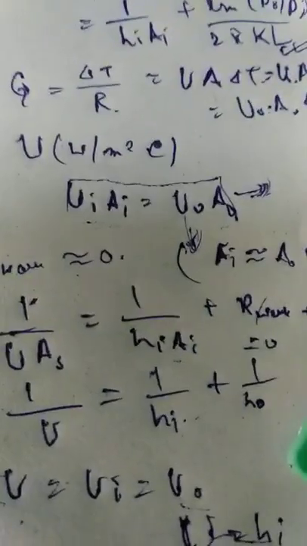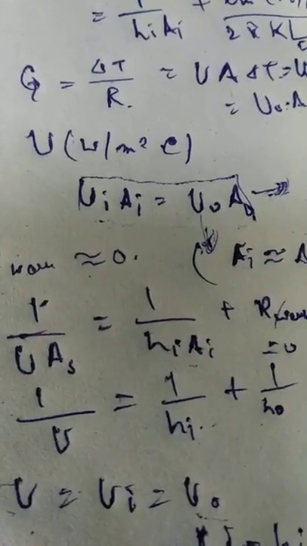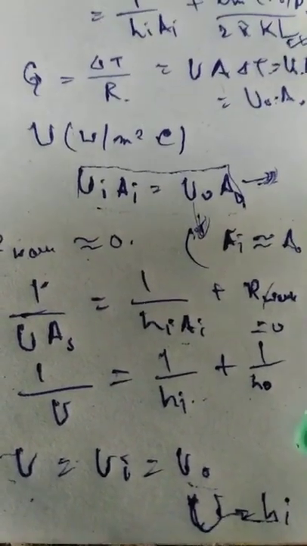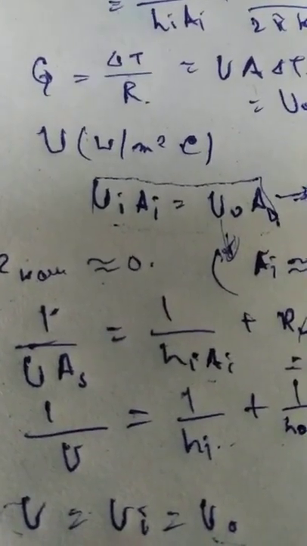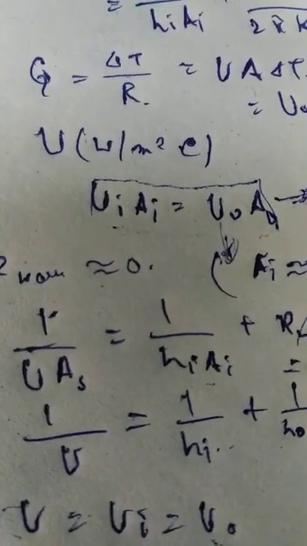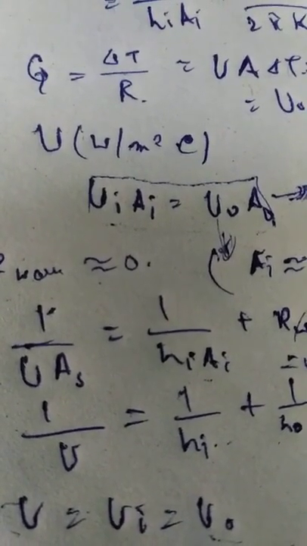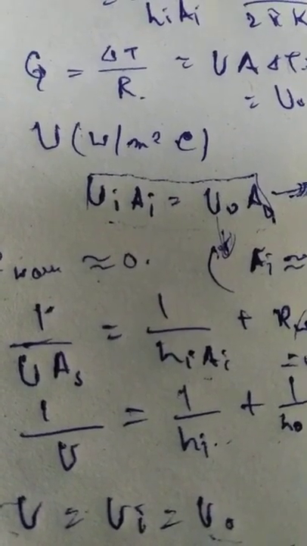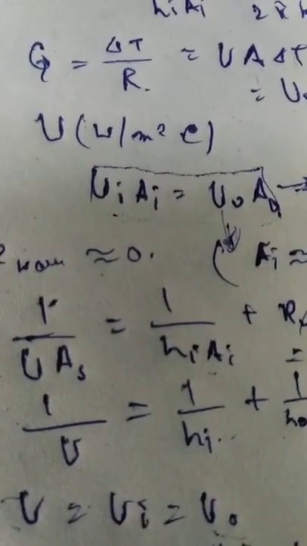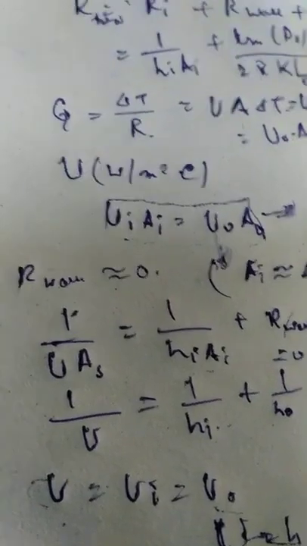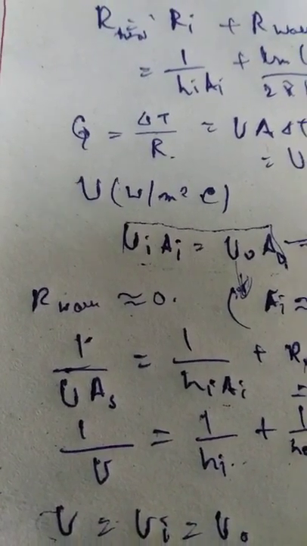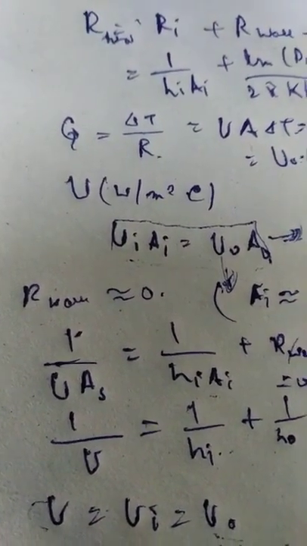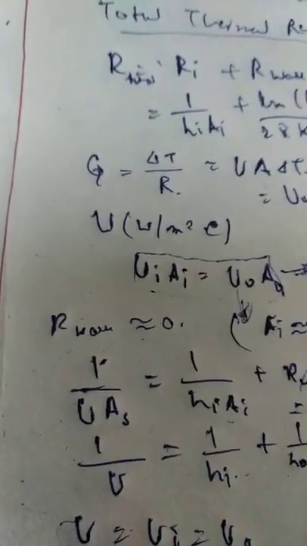So to neutralize the effect of this low convective heat transfer coefficient, we have to increase the surface area by adding fins, so as to enhance the product UA, and thus the heat transfer on that side. So this is about the overall heat transfer coefficient for a wall that separates two different fluids. Here we have discussed a cylindrical figure, a section of a pipe.